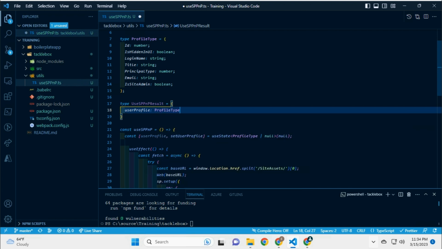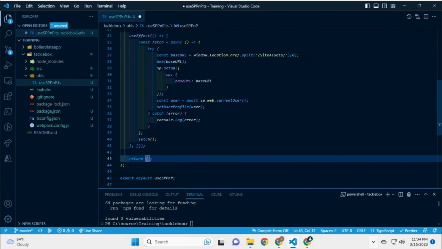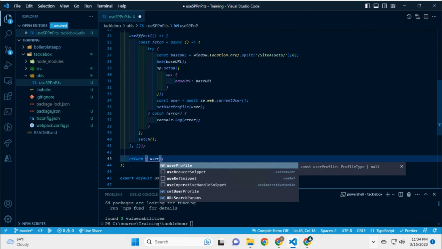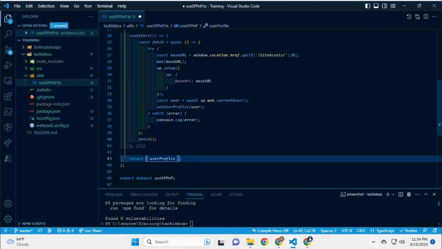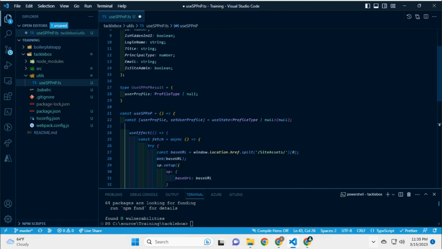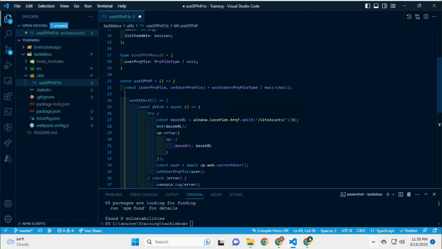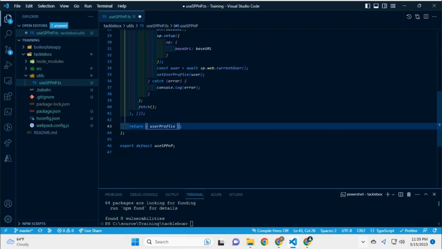And that's going to have a type of ProfileType, or it can be null. In our return statement, we're going to return our state, userProfile. And what that does, it'll make our reusable component be able to return the user profile. And this is basically going to be called